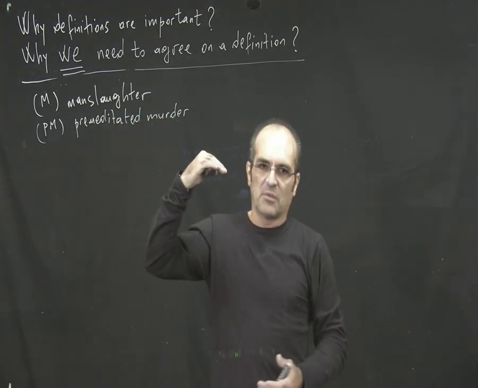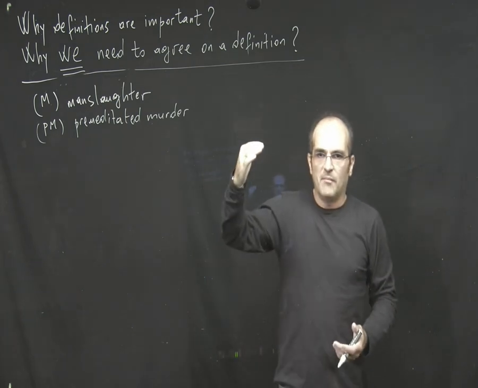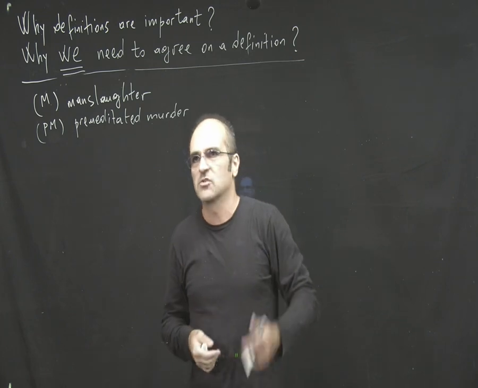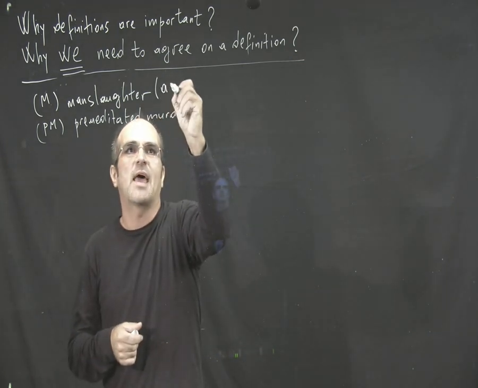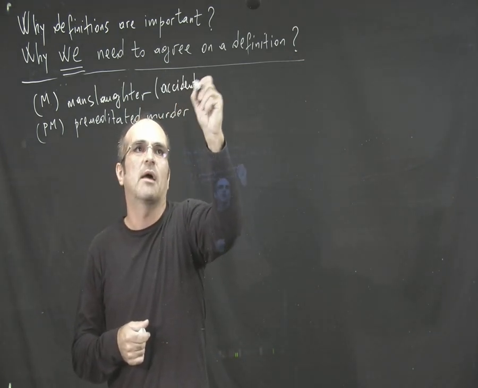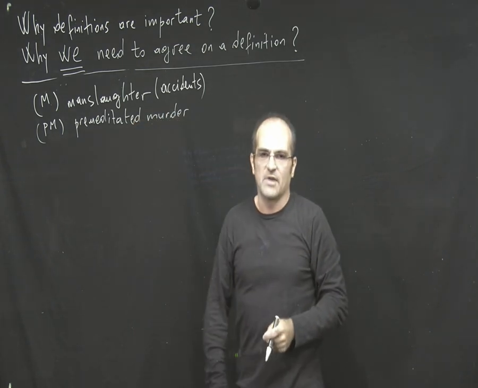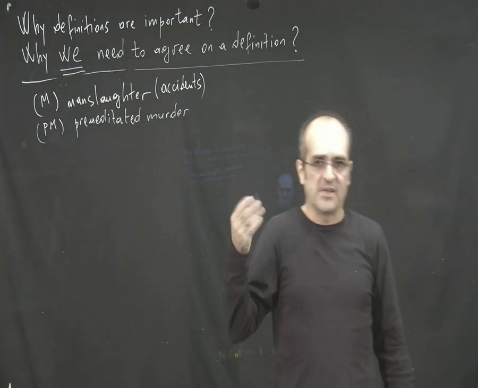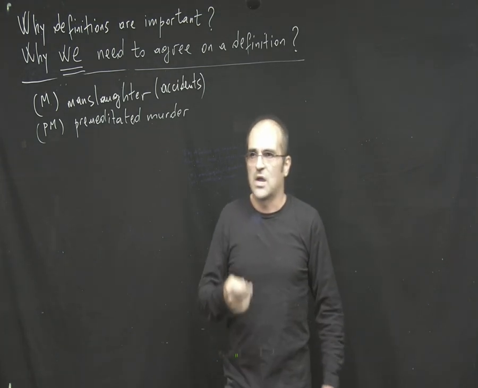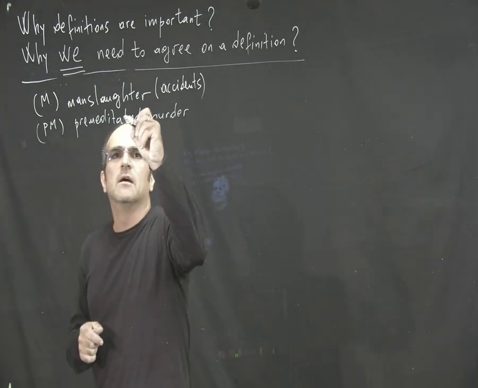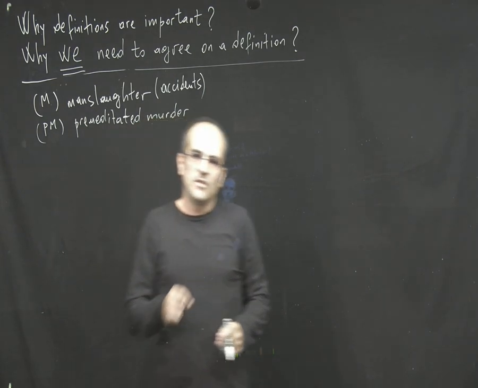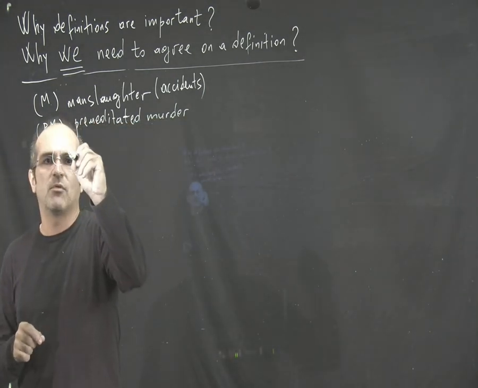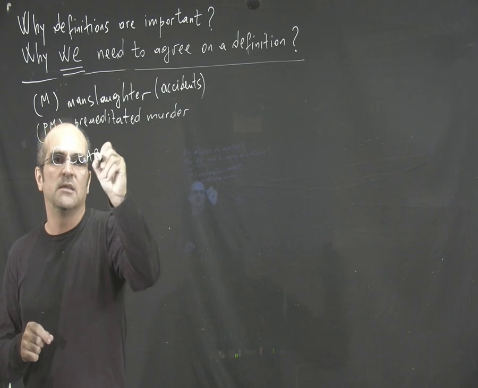Essentially, manslaughter means any crime that results in the loss of life but without intent, like an accident. In fact, I'm going to talk primarily about accidents in this case, although again, it's a very short descriptive term. And the other term is, of course, self-explanatory, right? I mean, when the intent is to actually kill the victim. So this is what would be an example of a clear definition,